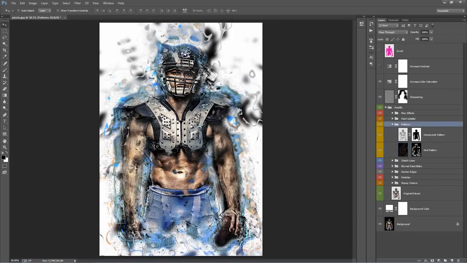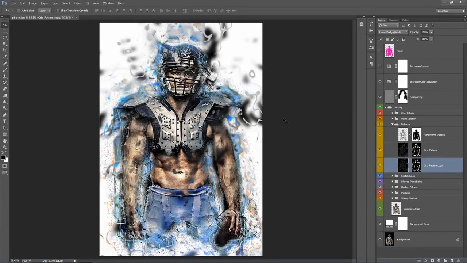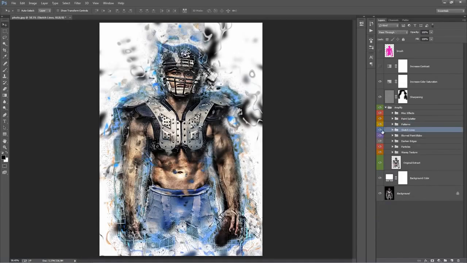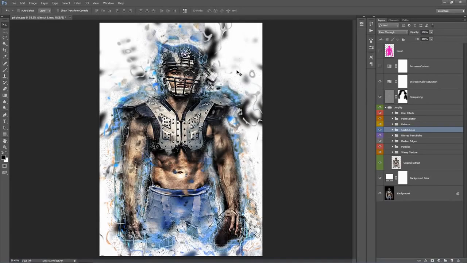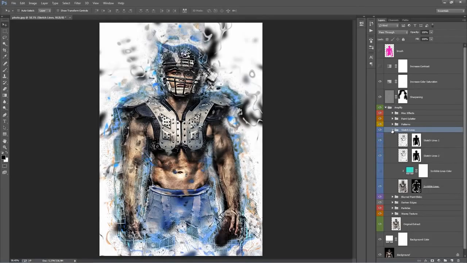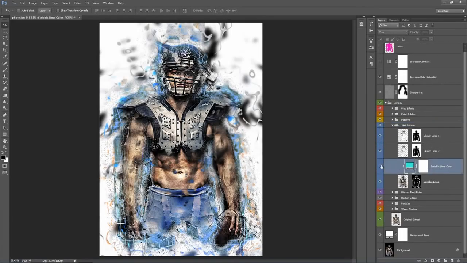If I move these out, we'll move them around, you can see them. If you look around, say, the shoulder, you can see that pattern, all those patterns moving around. This grid pattern, you can turn the opacity up for this, currently at 60%, up to 100, or you can duplicate the layer to make it more prominent, like that. Sketch lines, you can see the effect there. If I move the folder out to the side, you can see it's creating these effects and just overlaying them on our photo. Inside here there is a layer which you can colour,